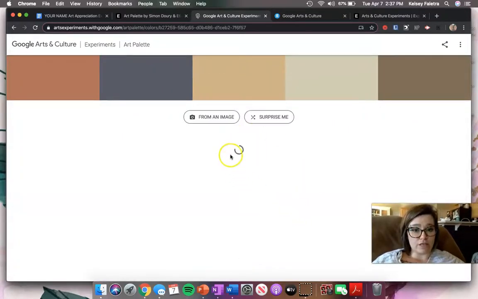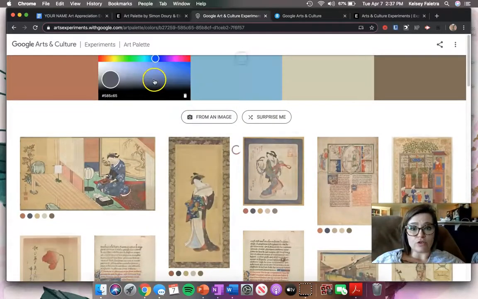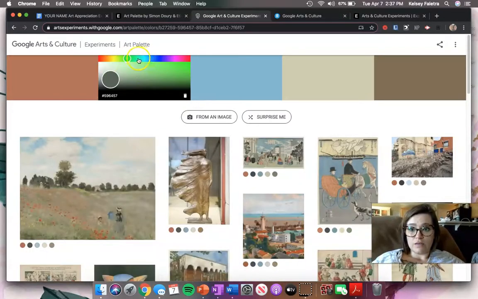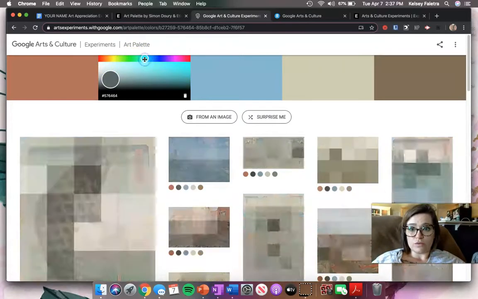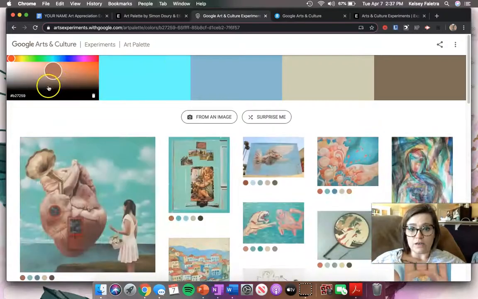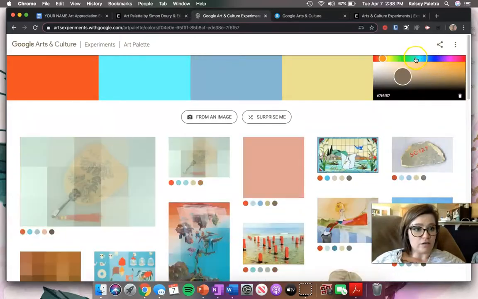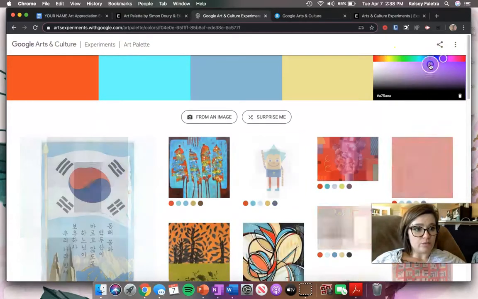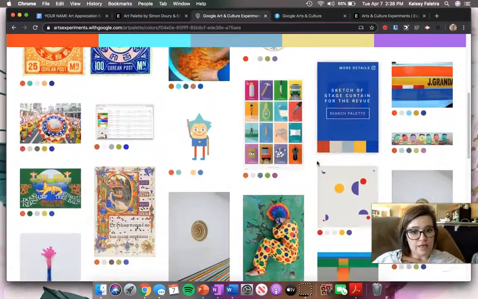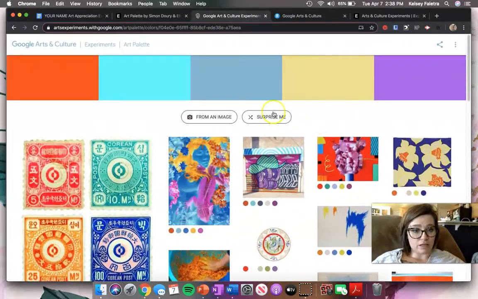You won't skip the intro, but I am, just for the sake of being able to show you what it's like. Actually, let's do that. Maybe some orange and yellow, and I don't know, let's do purple. Okay. And then, once you've selected your color palette, and I have done the wildest color palette, I guess, known to man,